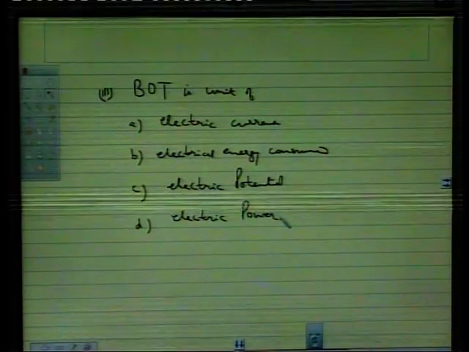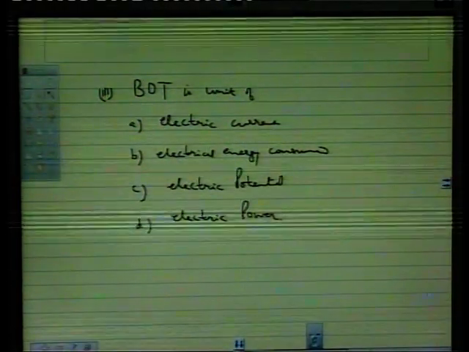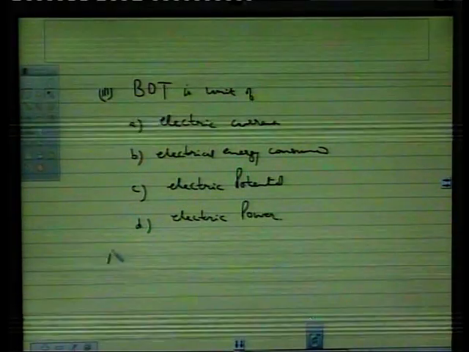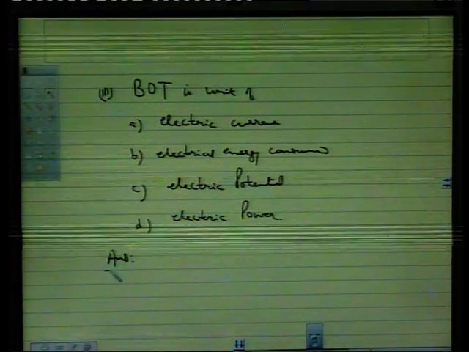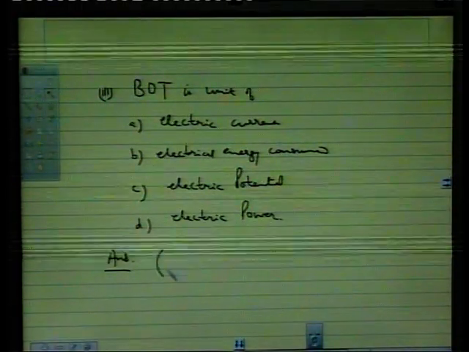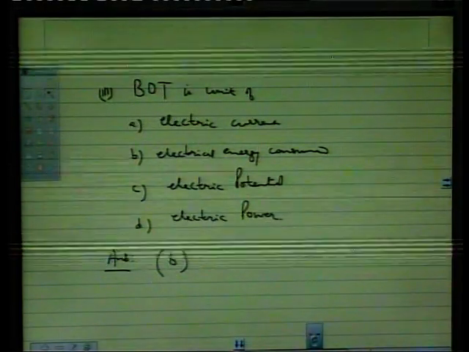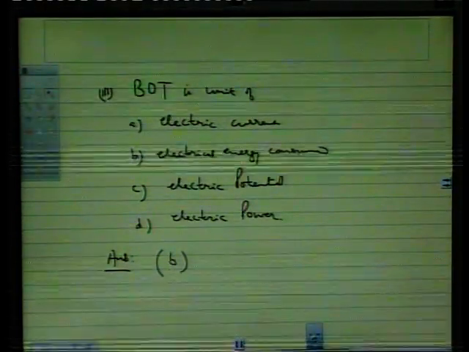This is the British unit, Board of Trade, which was used for the electric energy consumed. So, the correct answer is B. Now, we use kilowatt